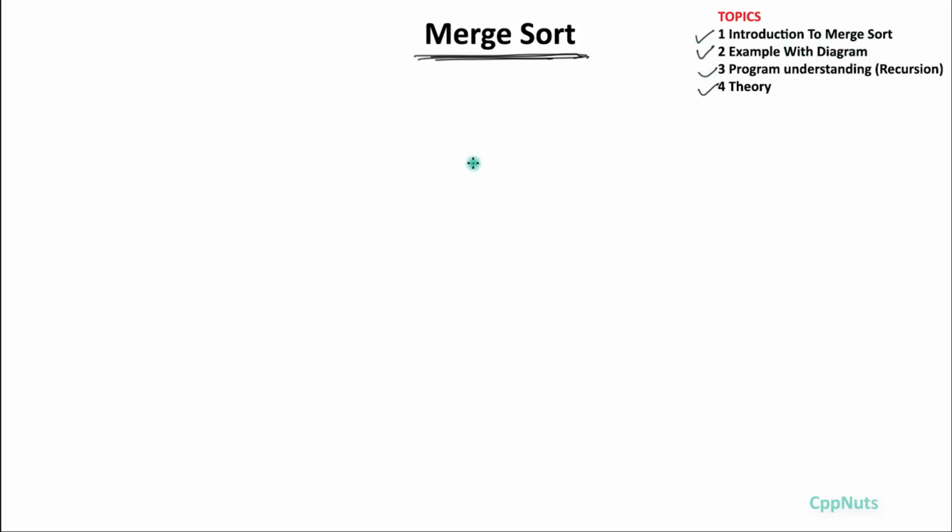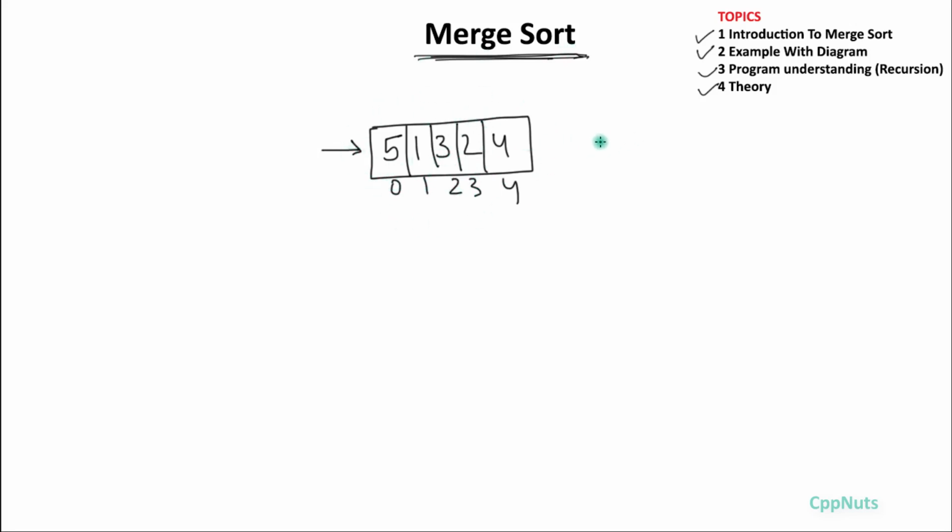Merge sort is a divide and conquer algorithm. Everyone says that, but what is the meaning of that? So let's start with this small example like 5, 1, 3, 2 and 4. So let's suppose this is your array elements, okay, and these are the indexes, and you want to sort this array. So what you will do in merge sort, you will divide this array by 2, okay, so ARR by